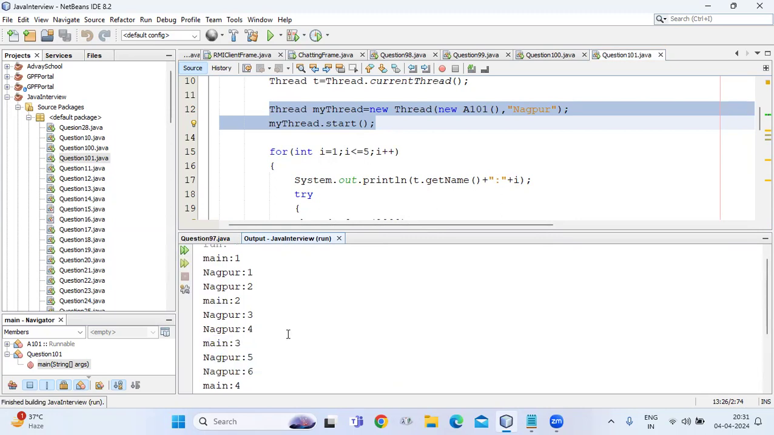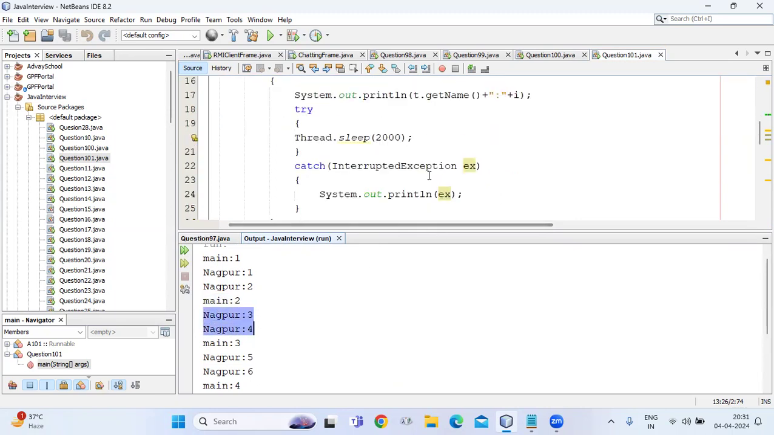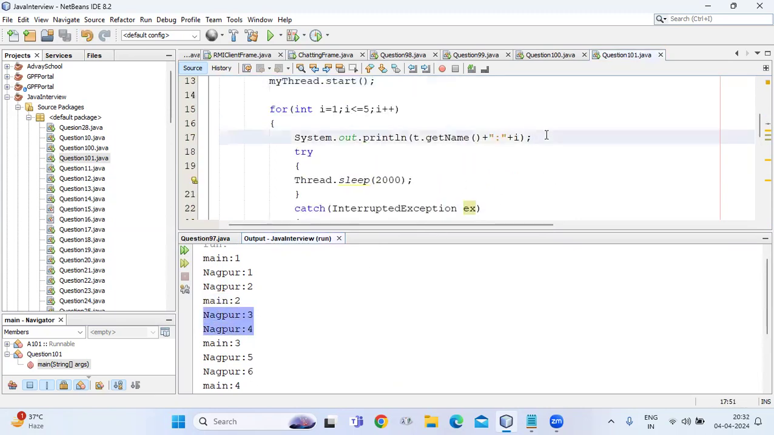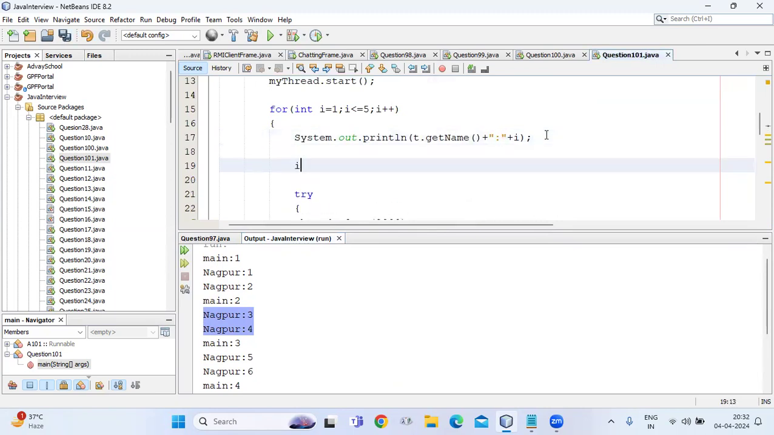Now we can write the suspend method. We can suspend this child thread at this position. So we can say, if i equals 2,